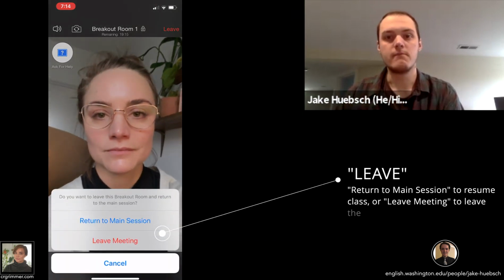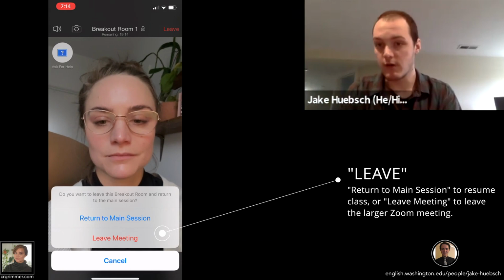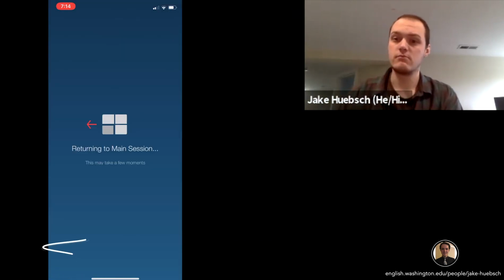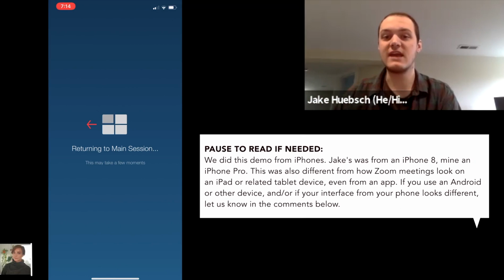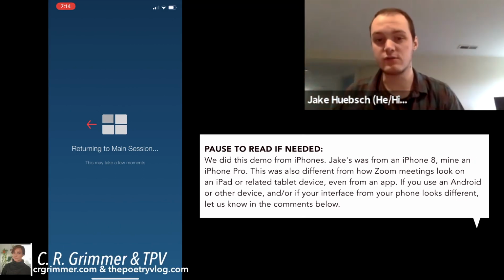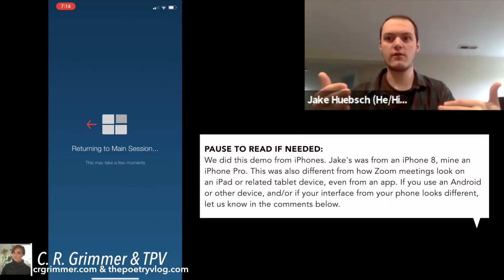All right. Lastly, if you close a breakout room, this is the notification that I get on my phone. It will start counting down and I can leave. I will get the same image as this, but the inverse. It's telling me that I'm leaving and going back to the main meeting. And that's it. Those are a couple of the images that students may encounter on their phones.